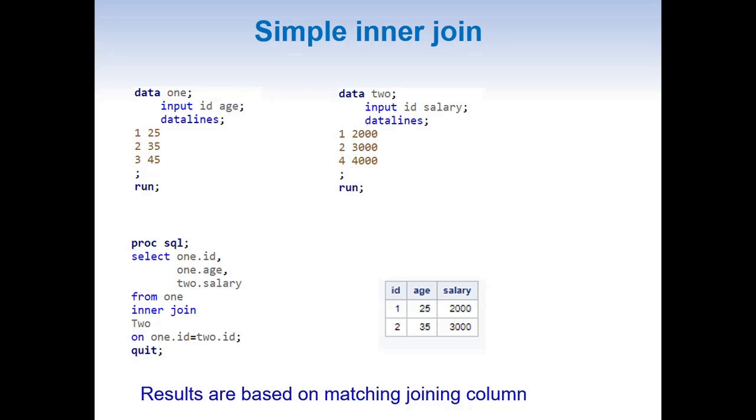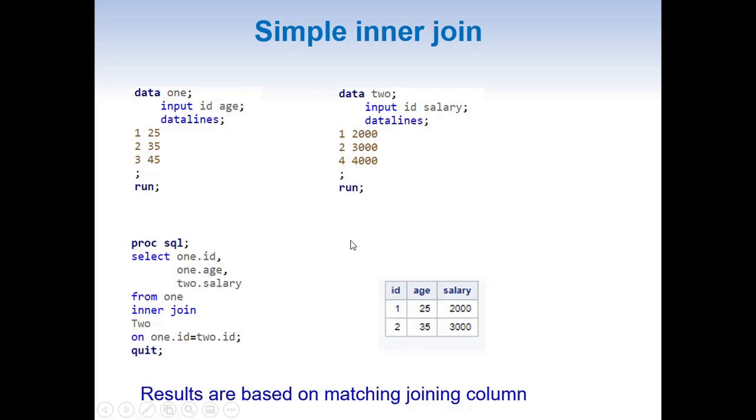Now let us try to understand the results in here. Whenever we do an inner join, results are based on matching of the joining column. That is, whenever the ID in this data set matches the ID in this data set, we are going to get the results